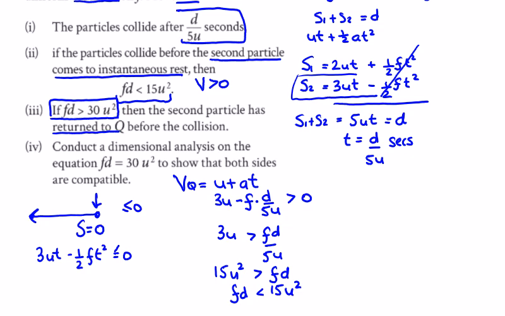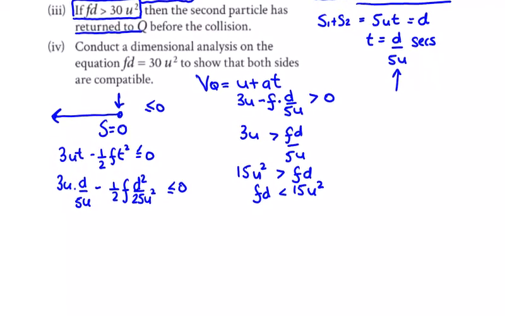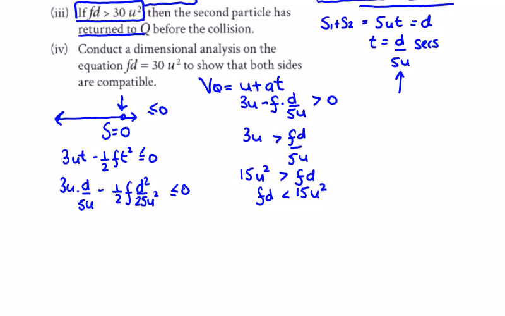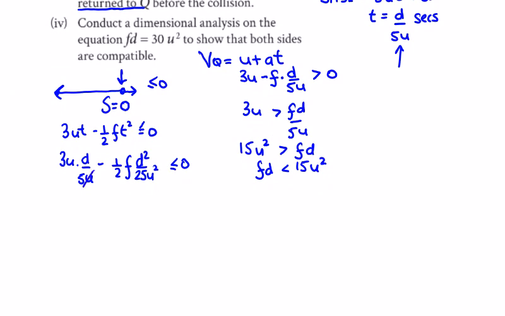So it's going to give us, we know time, so 3u times D over 5u minus a half F, and if we square this, we're going to get D squared over 25u squared. D squared over 25u squared will have to be less than or equal to 0, because I suppose we could say that the distance on this side would be negative. We get a negative answer. So the u's will cancel here. We've got 3D over 5